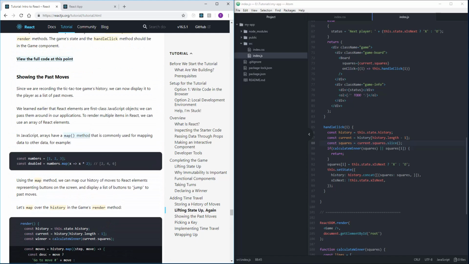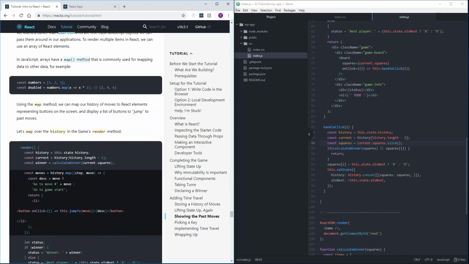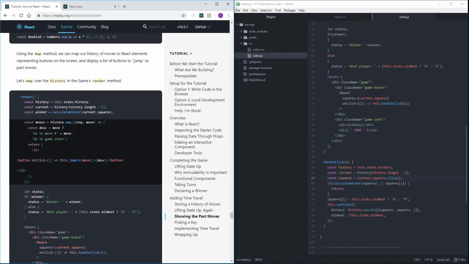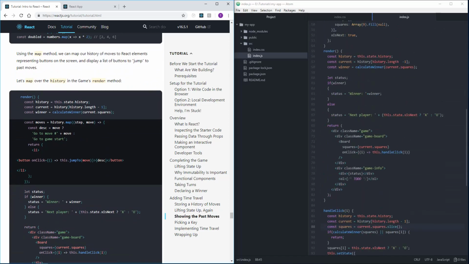Okay. In JavaScript, arrays have a map method, so this is commonly used for mapping data to other data, for example. Okay, we're okay with that. Let's map over the history in the game's render method. So we're going to go to game, which we're here, render, check. After winner, right here,